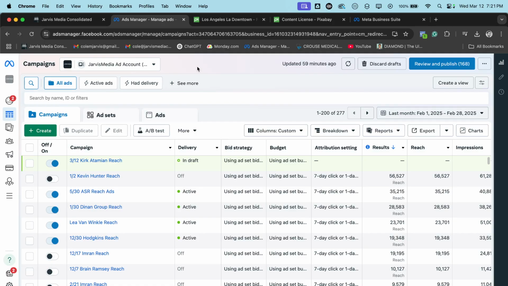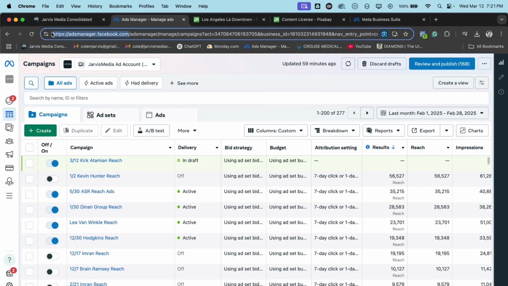But here's what I recommend to do. So this is different, by the way, from boosting your post, and I'm going to explain why. You can boost your post once you've posted it. I don't love it as much. I think it kind of leaves a lot on the table. So I recommend if you're going to do the strategy, go to